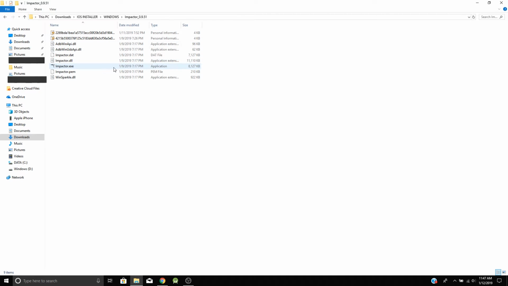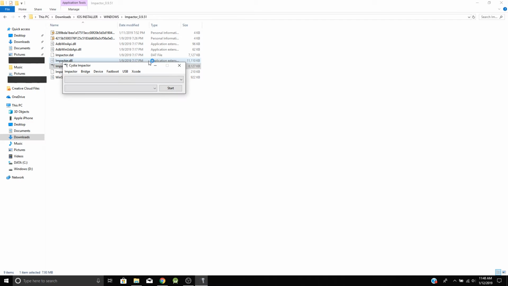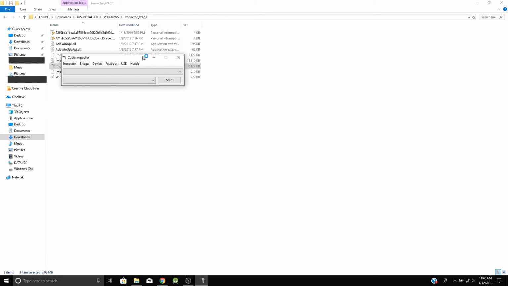You'll then want to click this impactor.exe or Impactor, whatever format it is for your OS. This software is called Cydia Impactor, and it'll help us sideload the application onto your device, or in other terms, install it. You'll want to attach your iOS device to your computer via USB, and wait for it to pop